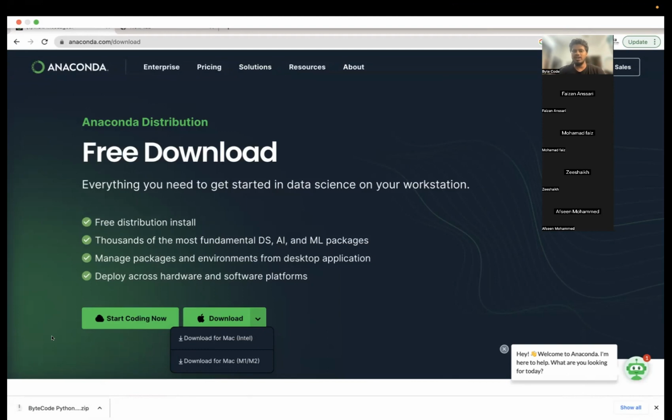Suppose you want to create a PowerPoint presentation, you will use Microsoft PowerPoint, right? Similarly, if you want to do coding, develop any program, run it, test it, and deploy it somewhere, then you have to use an IDE, which is an integrated development environment. In our case, this is the toolkit called Anaconda.